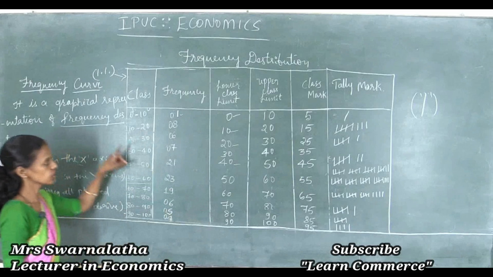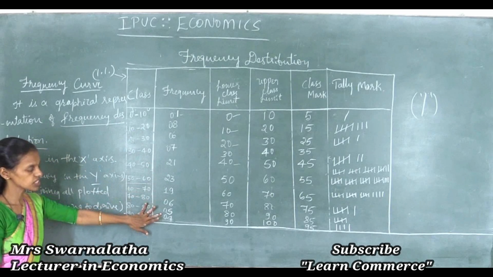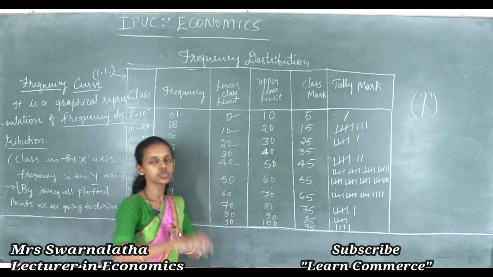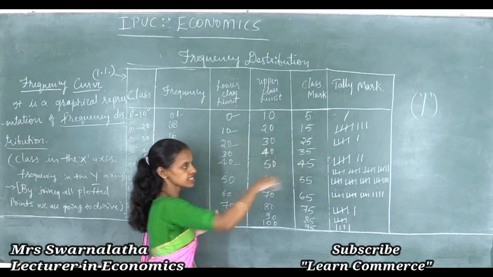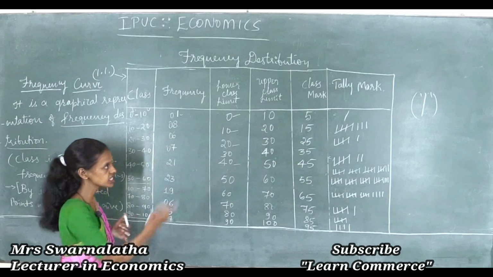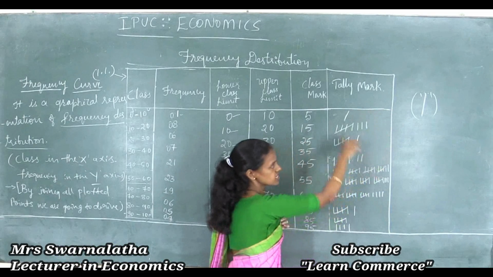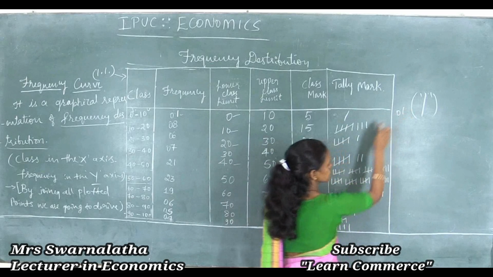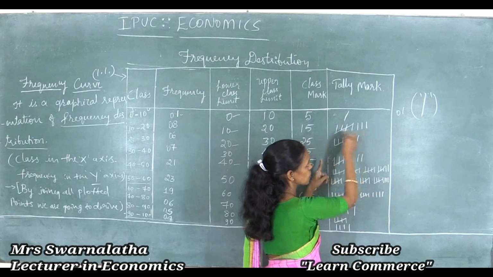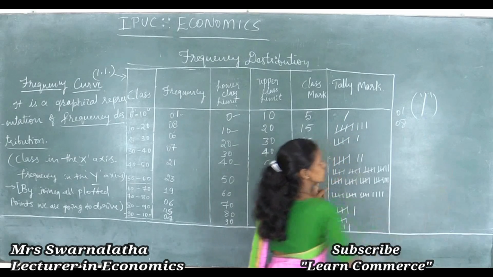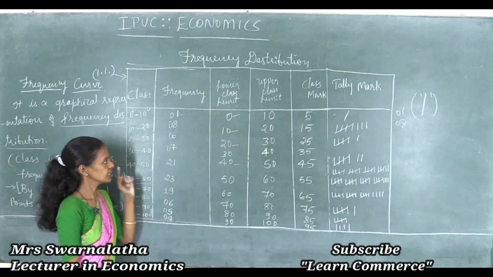So like this, on the basis of observations you can also make the tally marks. Suppose first you mark the tallies from the given observations. Then on the basis of these tally marks you can write the frequencies. If there is 1, you write it in front of that. How much is there? You count 1, 2, 3, 4, 5, 6, 7, 8. Like that also you can do the tally marking.